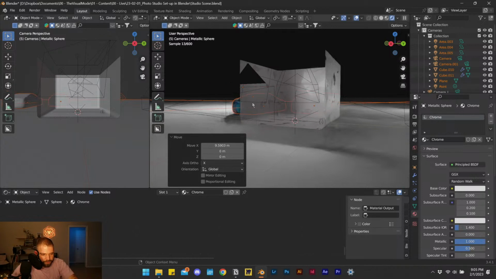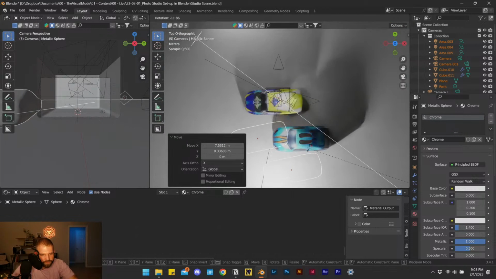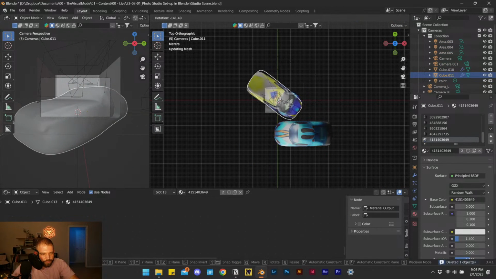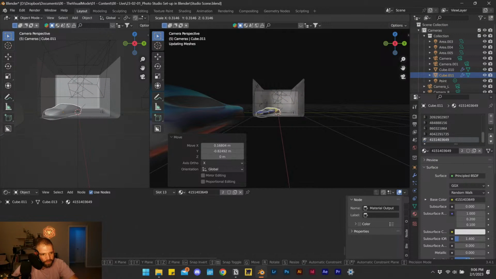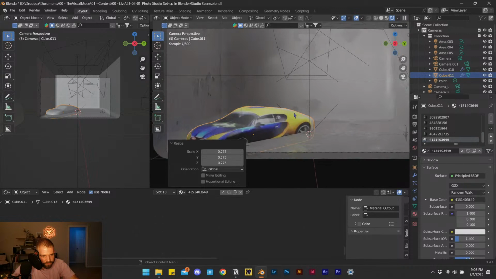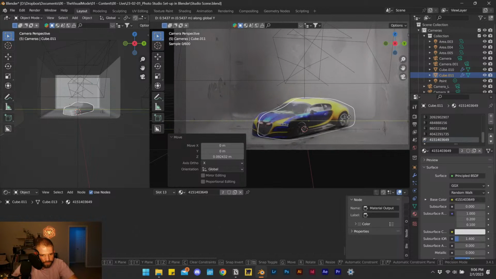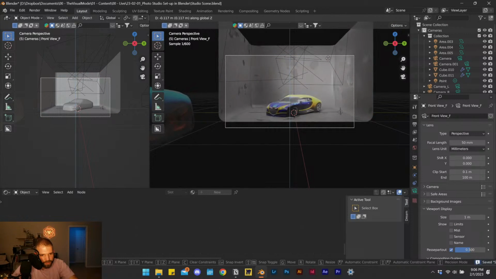And I mean, the cars are too large to fit in the box. Because it is a linked file, I can't really edit the cars. If you, for whatever reason, want to keep the true size of whatever it is that you're bringing in, you can scale, move all your cameras, scale your cyc wall, but for the sake of efficiency, and because I don't care about keeping the original size of the object, I will just place my car. And now that I've placed my car, I want to move my camera down